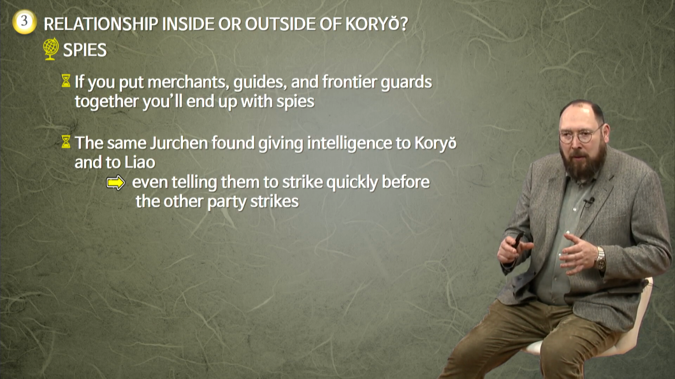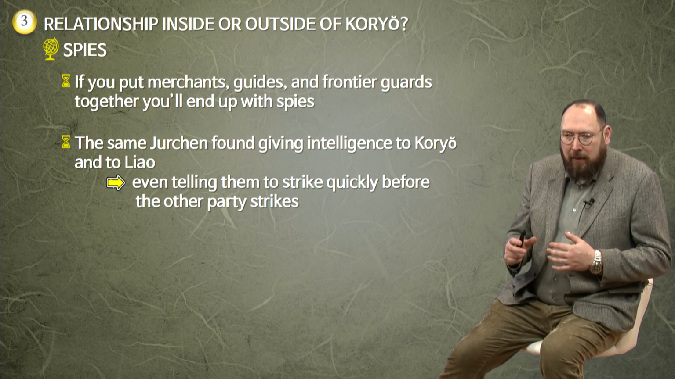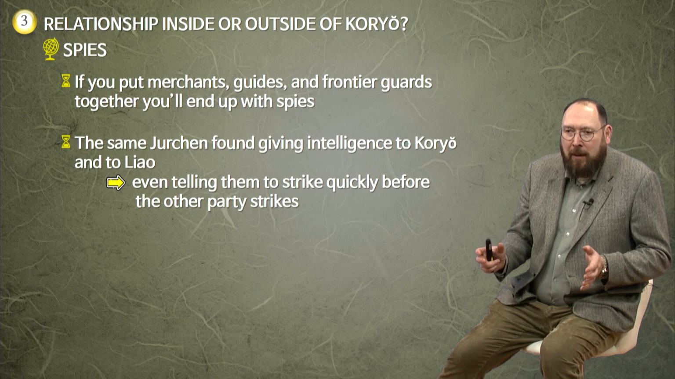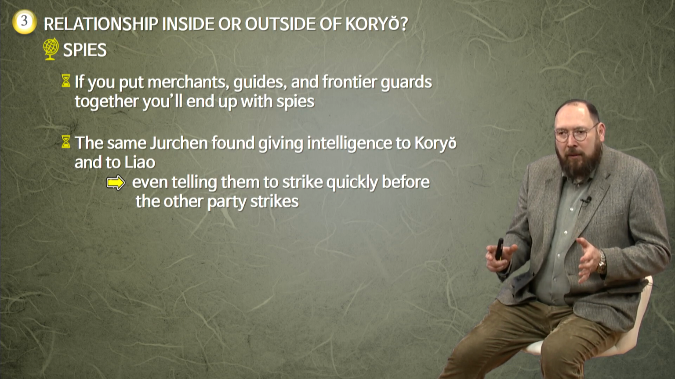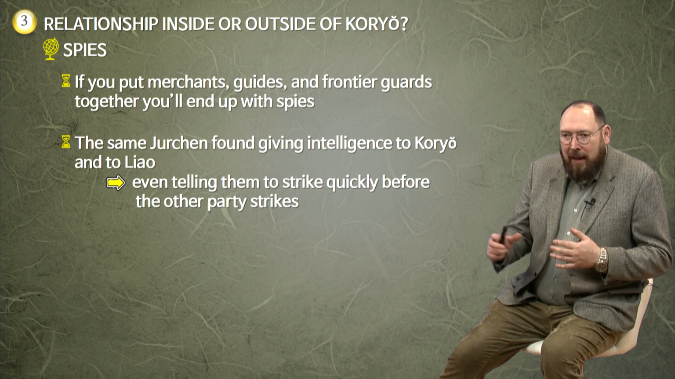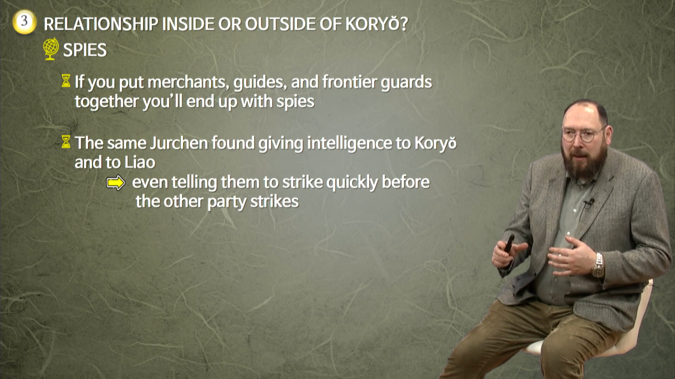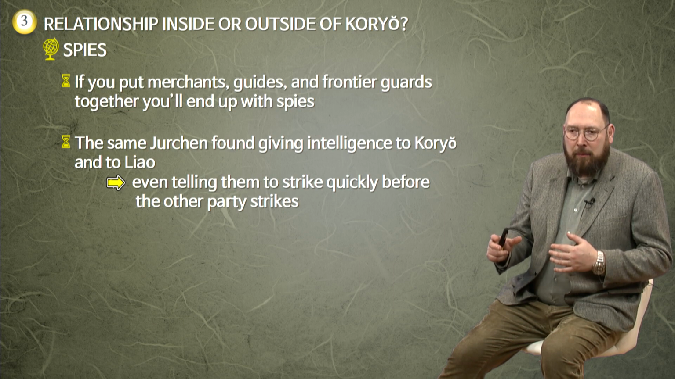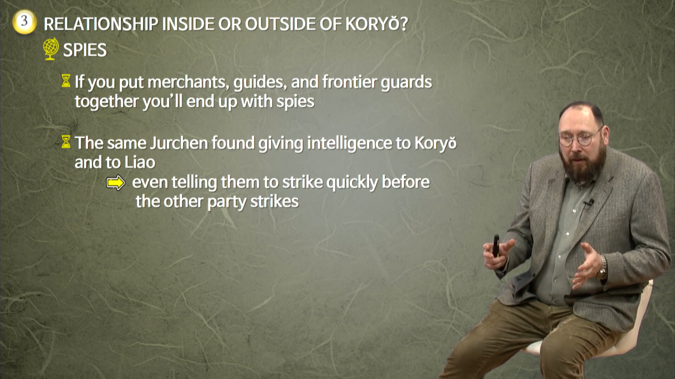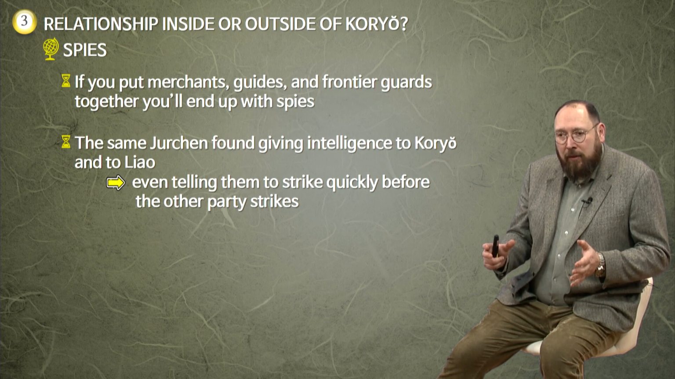So when Koryo and Liao were on speaking terms with each other and communicated well, the Jurchen had no chance to do whatever they wanted to do. When Koryo and Liao did not have that proper communication going on, then the Jurchen were the ones they talked to, because the Jurchen were basically the intelligence providers for the entire frontier region. So a certain amount of tension was to